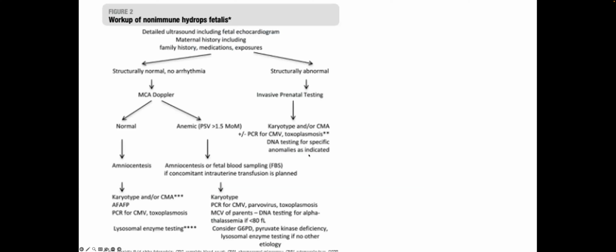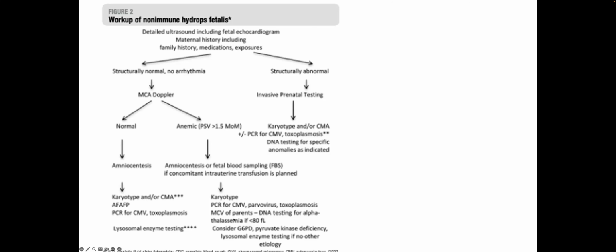So how do you work up a non-immune hydrops? You do a detailed ultrasound, including fetal echocardiography, as mentioned in the last slide also. If the heart is structurally normal and there are no arrhythmias, then do an MCA Doppler. If the MCA Doppler is normal, then you do amniocentesis and a karyotype. So basically, we are looking at the cardiac first, the anemic later, and then the chromosomal. Now, if the MCA Doppler shows anemia, then you do a fetal blood sampling